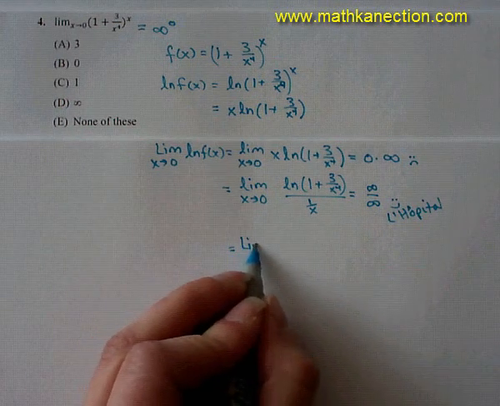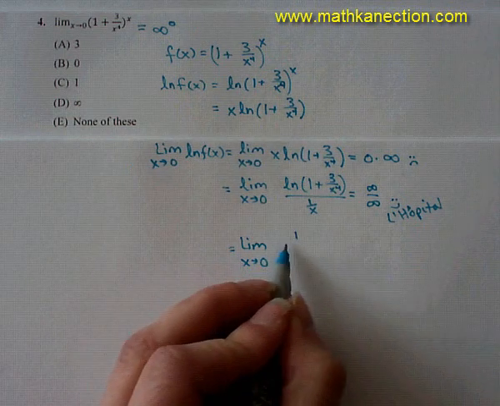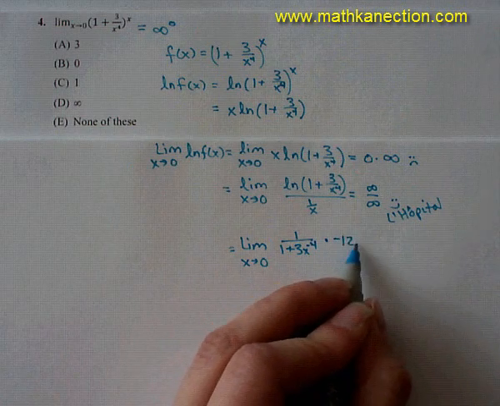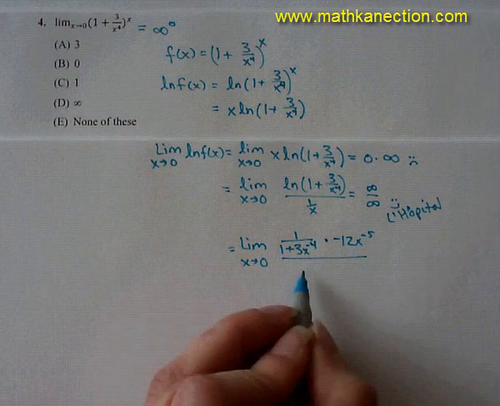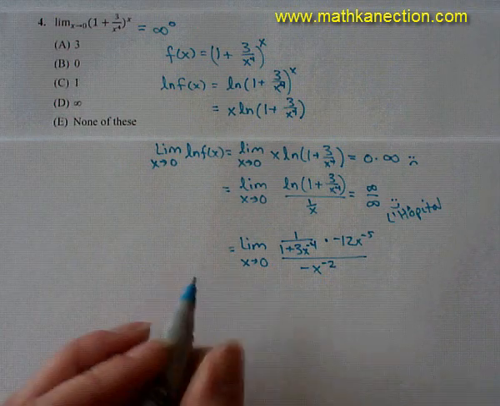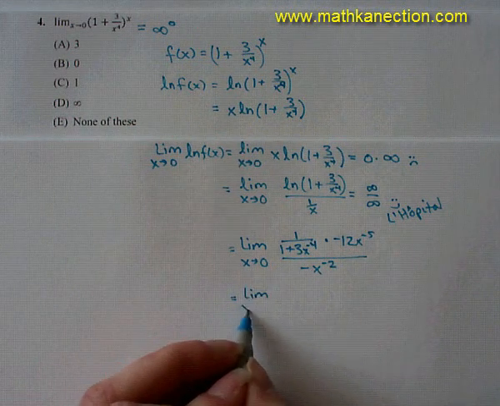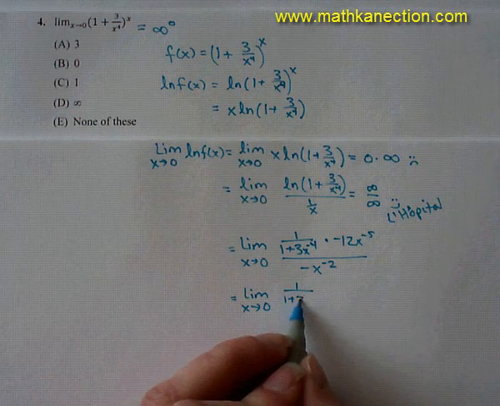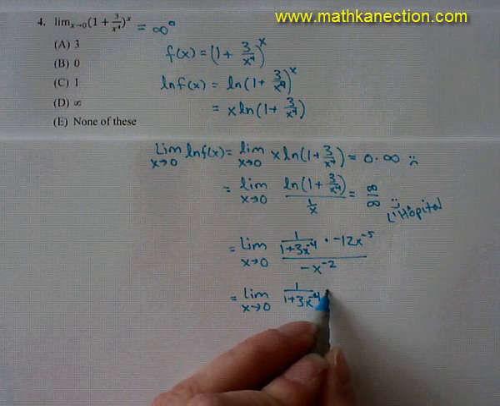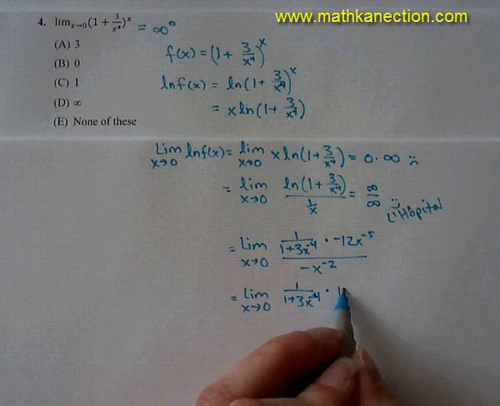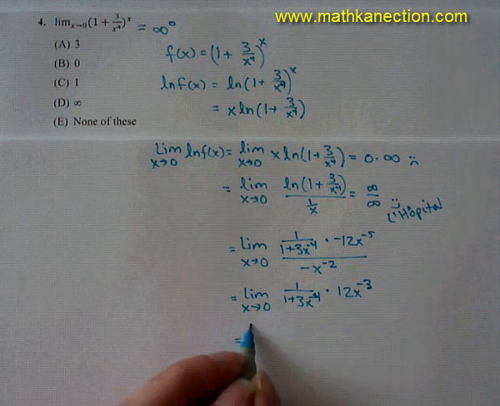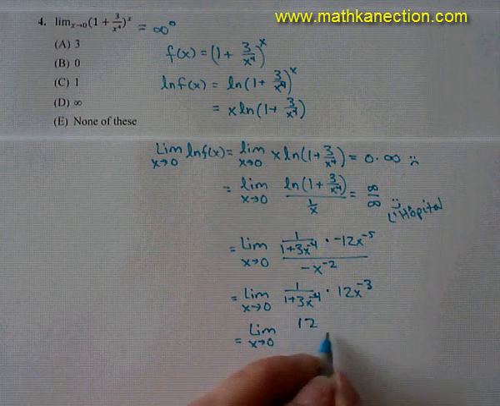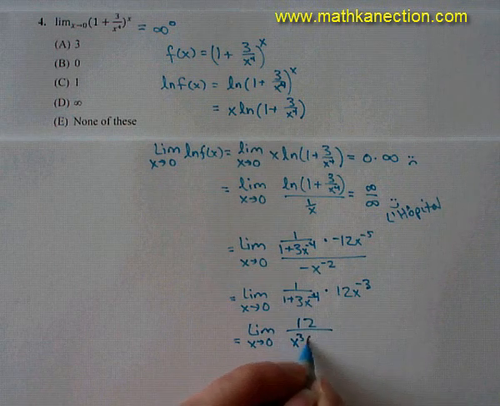So the limit as x approaches 0, derivative of natural log is 1 over 1 plus 3 over x to the 4th. And then derivative of that will be negative 12x to the negative 5th over derivative of 1 over x, which is negative x to the negative 2. Then simplifying the problem, we get 1 over 1 plus 3x to the negative 4 times 12x to the negative 3. So that's the limit as x approaches 0 of